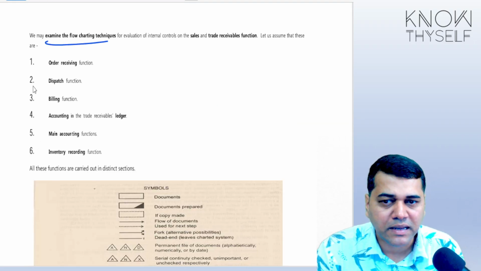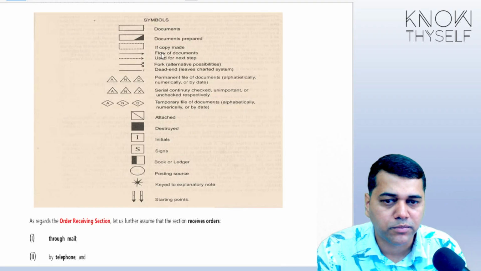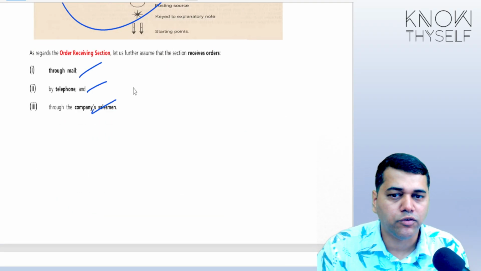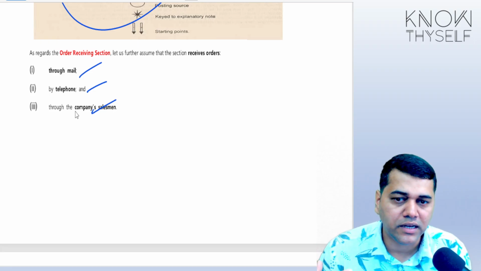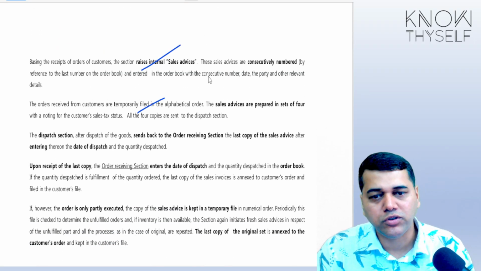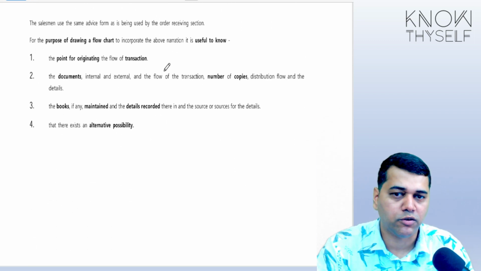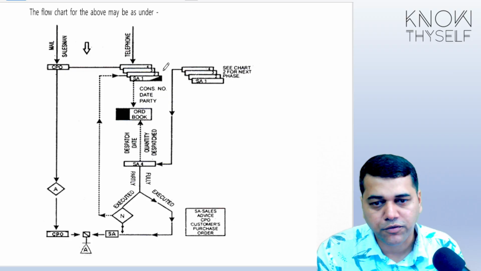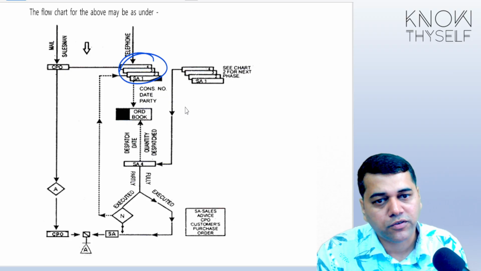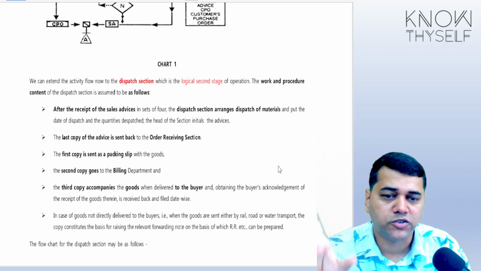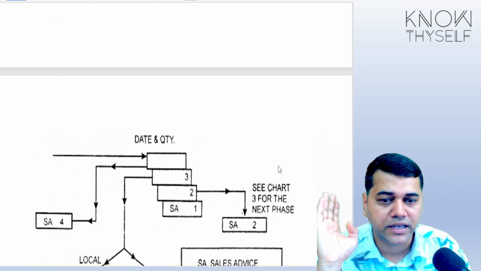They gave one example of an order. First of all, they gave you some symbols and all. Leave it. The order receiving section can receive orders by mail, telephone. That means a customer order can be obtained through mail, telephone, or some company salesman. They explain how the order is going to happen, everything, what they are going to test. We are not going to look into it. And they showed one very complex type of internal control. They showed how many records there will be, which copy will be sent where. I say, students, please ignore it. We'll move on. We'll not spend time here because there are so many other important areas to figure out.